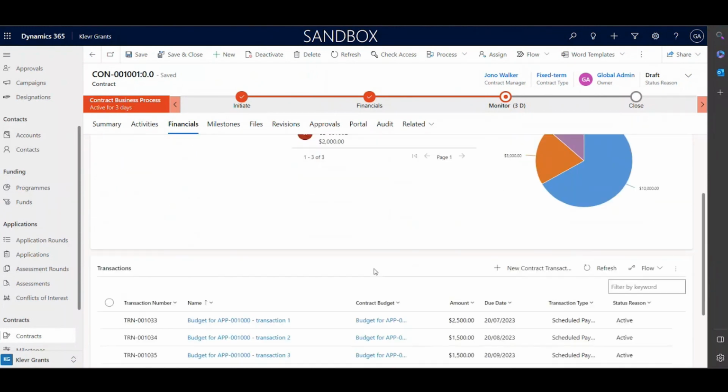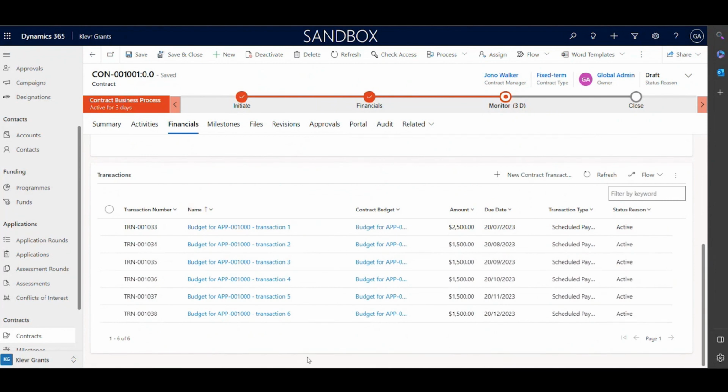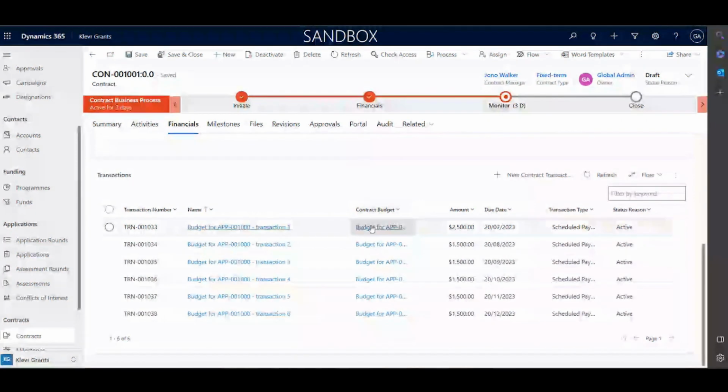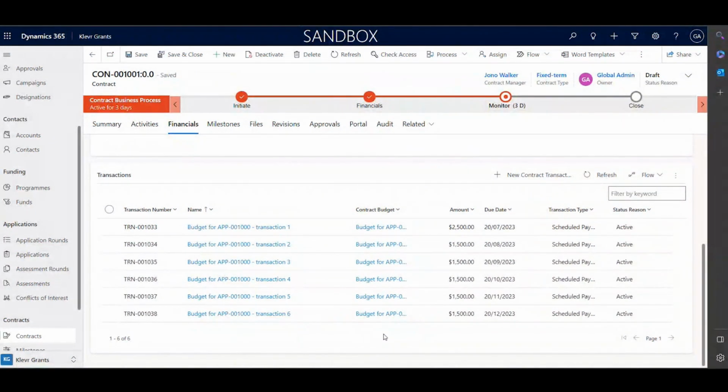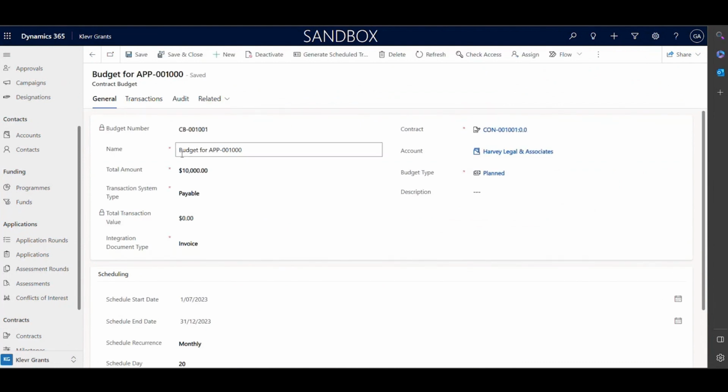If I just scroll down slightly as well, I can see that we've actually generated some transactions already. These transactions are associated to my general budget. So these are the payments that we are going to make on a monthly basis for this particular contract over its life cycle. And these all relate, if I click on our budget, to our general budget for the $10,000